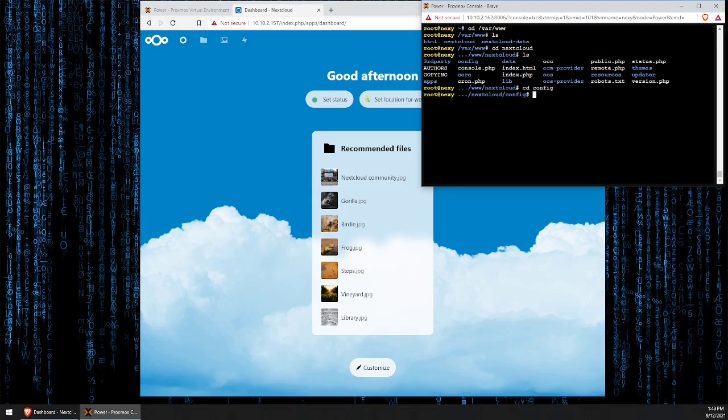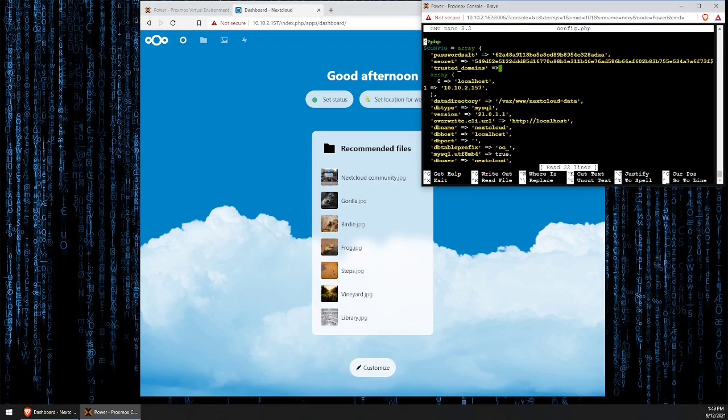So, if you were following along, the exact file structure is going to be var/www/nextcloud/config, and we're going to now open the config.php file using nano. And you're presented with this file